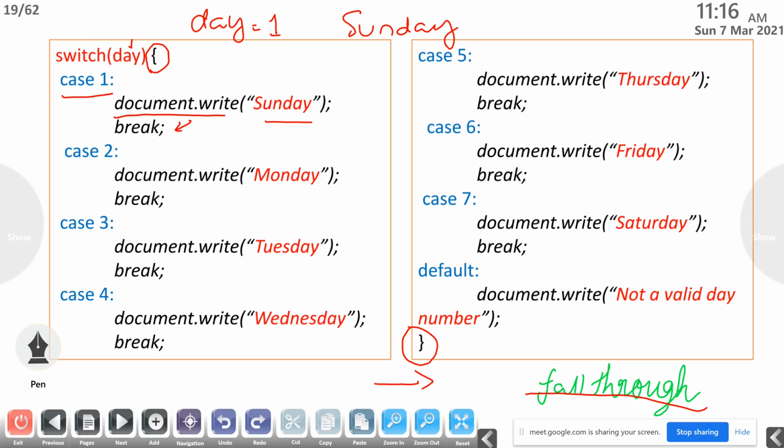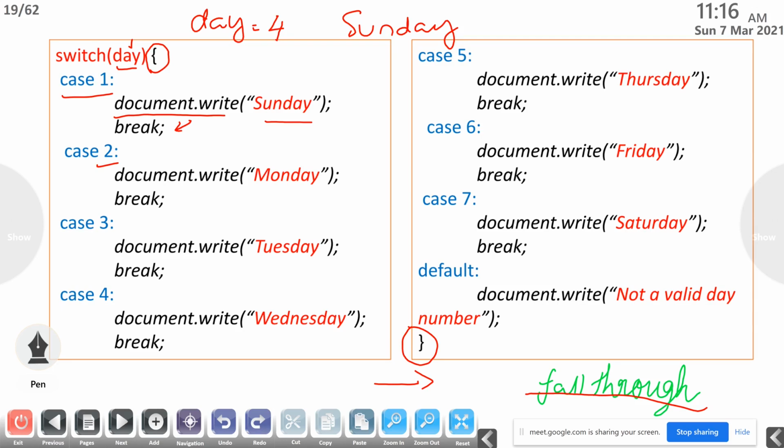Okay. So now, for example, the value of day equals 4. Then what will happen? Switch day, the value of day is 4. It will check case 1, is the value of day equal to 1? No, it's not 1. It will check case 2. Is the value of day equal to 2?